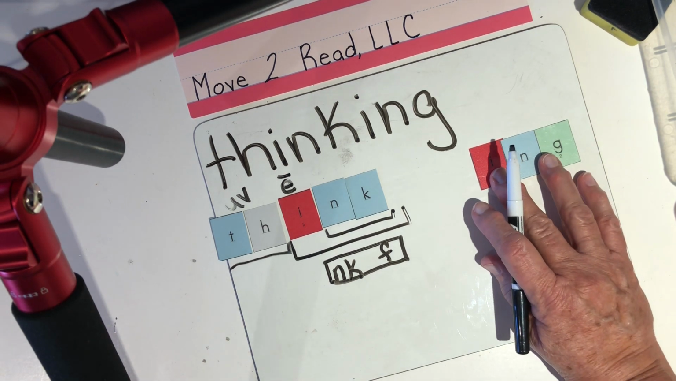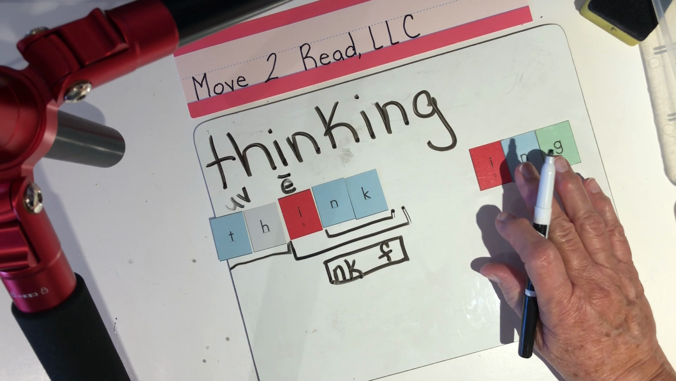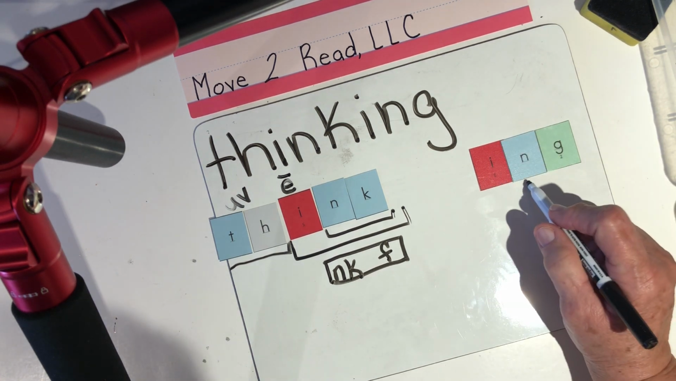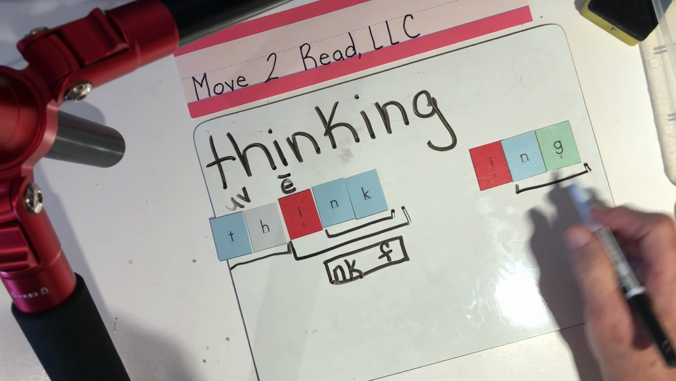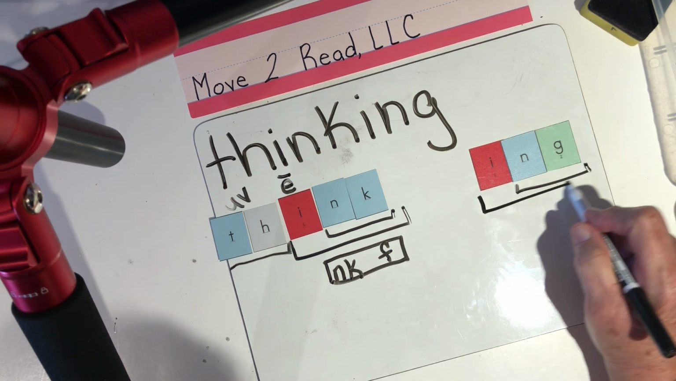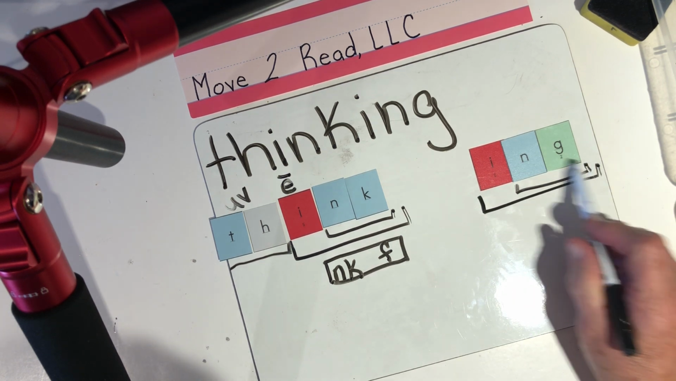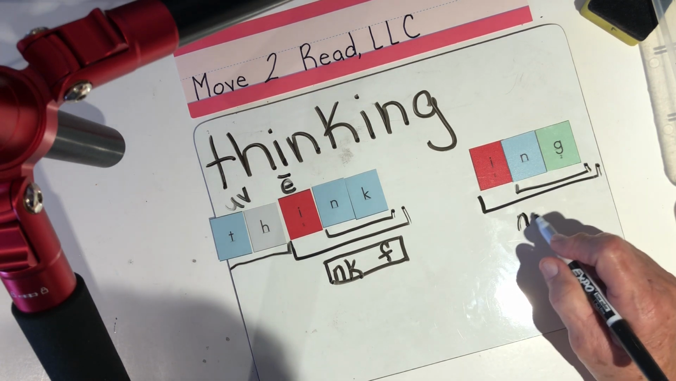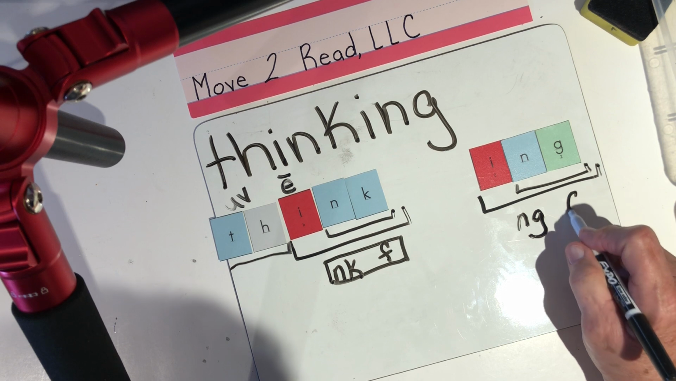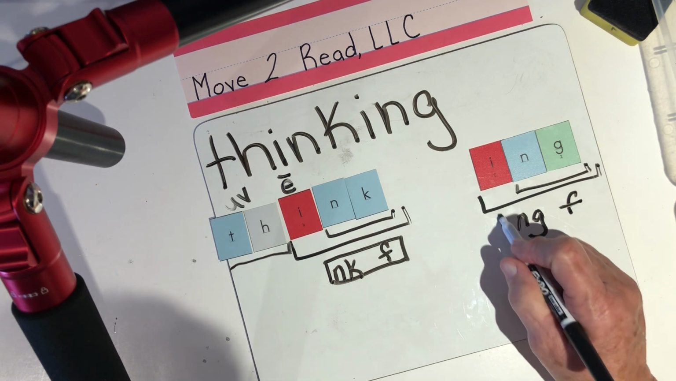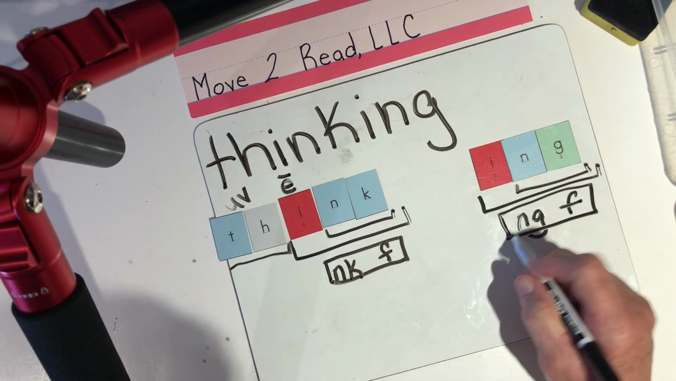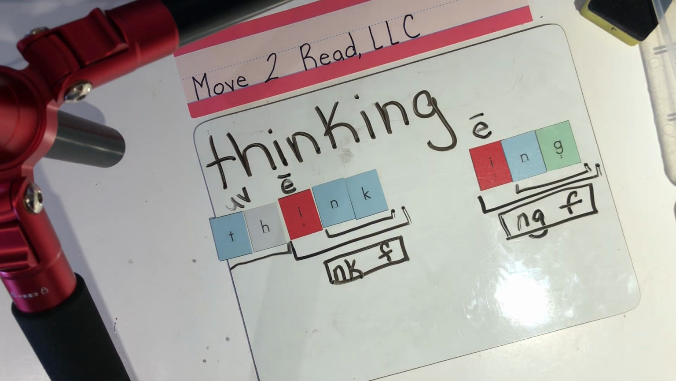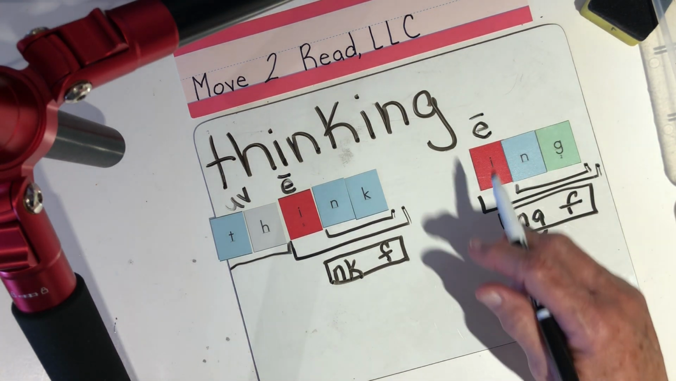Now we have our ing. And we first bracket our NG, then we bracket the whole word, suffix. So we have NG family. And again, we're going to put only the I gets diagram, so we're going to put the long E above